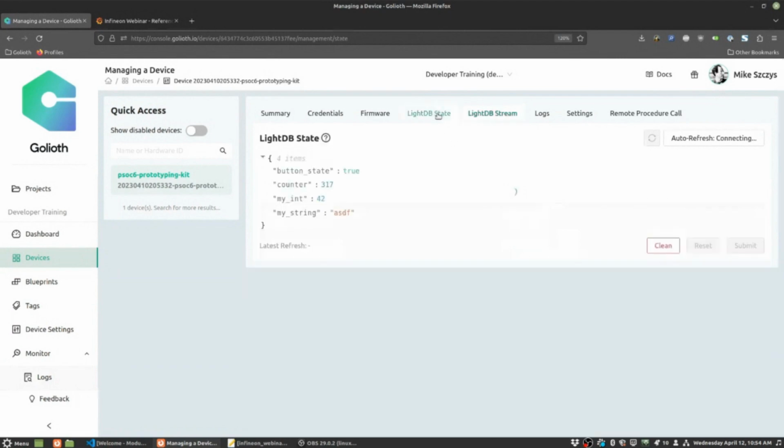With the on and off buttons, I'm using a stateful database, which is called LightDB State, that tells you the last reported status of it. And so on this button state, if I press the off button, we should see this come to false pretty quickly. And if I press the on button, we should see it come to true, pretty low latency on those,